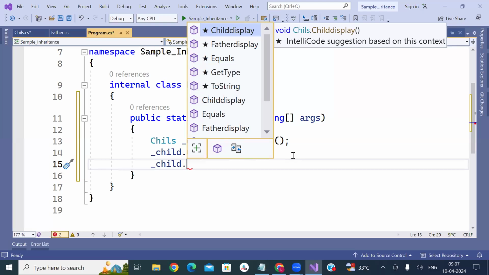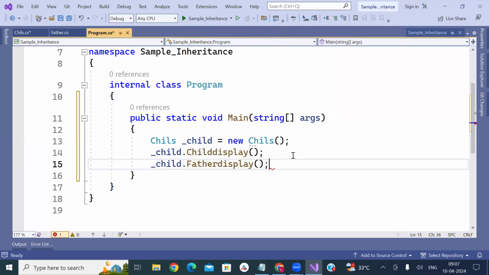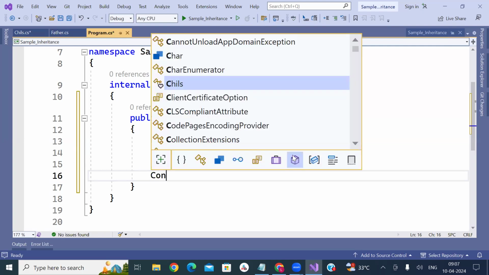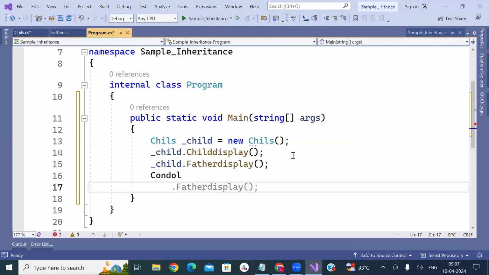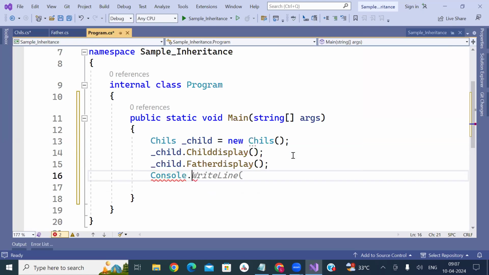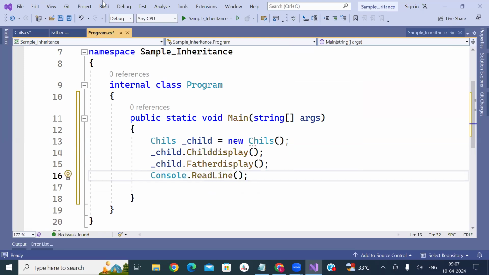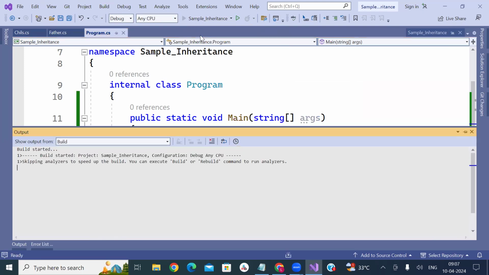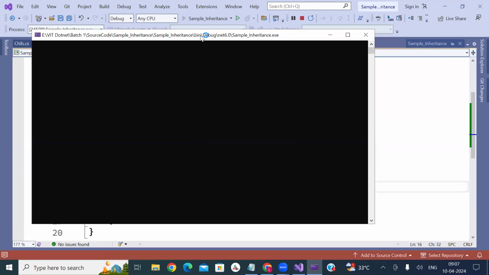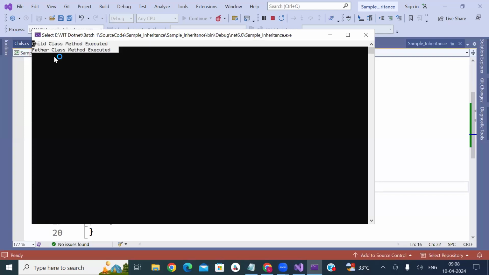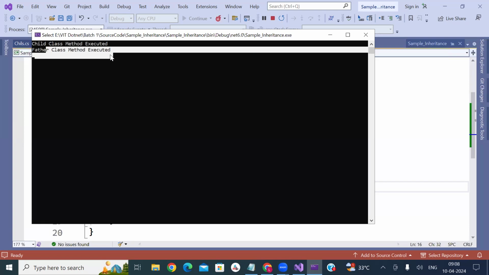So now I'm using Console.ReadLine for the display. Now you see, child class method executed, father class method executed.